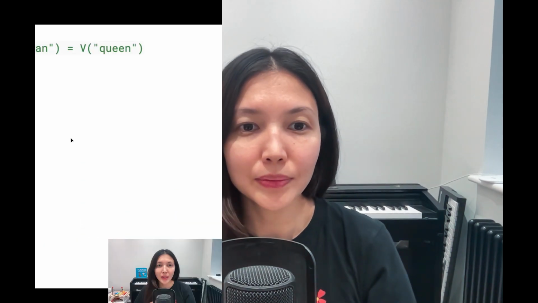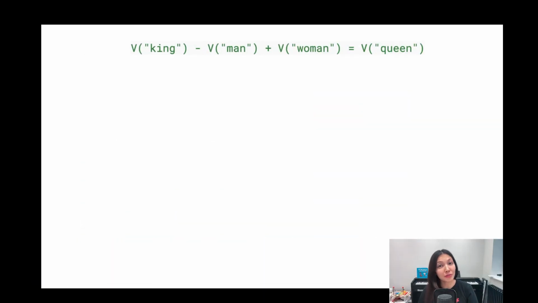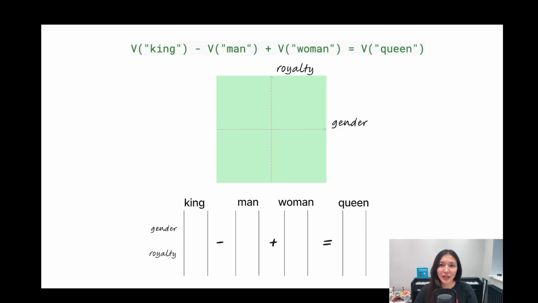There is a hypothesis that features are represented as directions. What does it mean? So let's look at a specific example, and this time word embeddings. A famous example by Mikolov shows that the word embedding space has some special directions that correspond to semantic properties, allowing for arithmetic such as vector of king minus vector of man plus vector of woman is equal to vector of queen. So let's do this simple arithmetic together so that we better grasp an idea of what the direction is and how features are aligned with it.